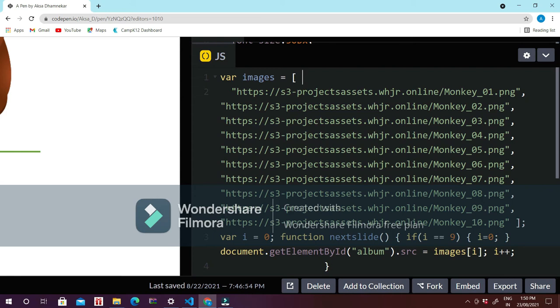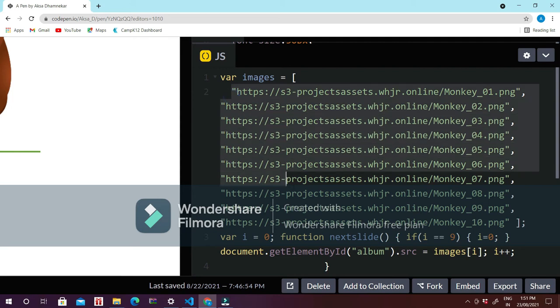And whenever you are defining an array, you have to create one more variable known as i, and you should assign the value as 0 for it. I'll teach you this in the further steps. First, let's complete this. Over here I have created one variable which is known as images, with square brackets.